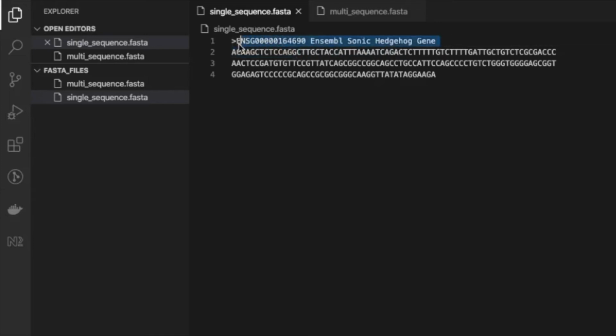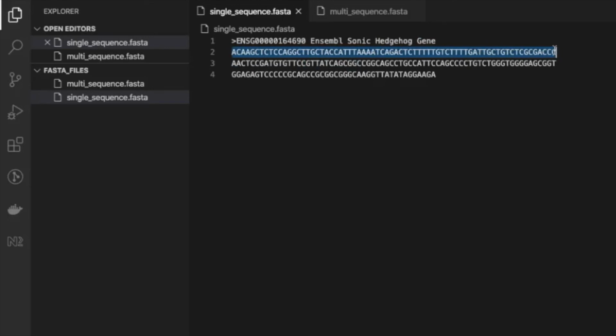So after the description, you're going to get a sequence of characters below it, which is going to be representative of a peptide sequence or nucleotide sequence. In this case, we can see that we're looking at a nucleotide sequence because we have the A, C, G, T characters. And the last thing that I want to remark upon for the FASTA file is that, as you can see,